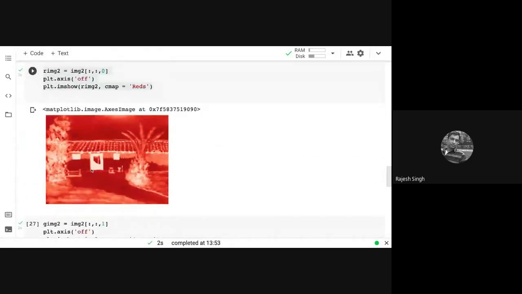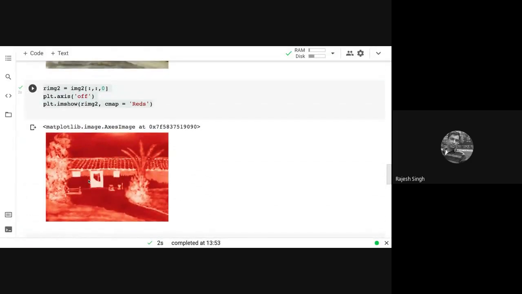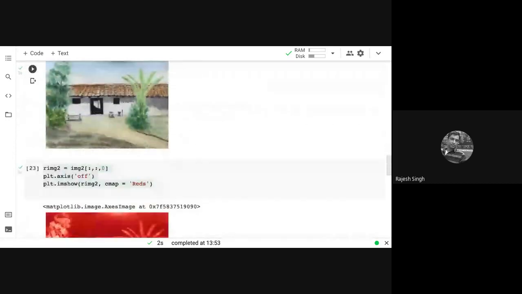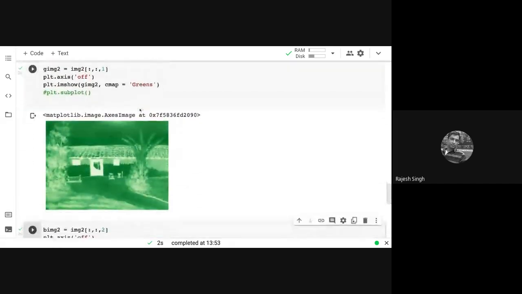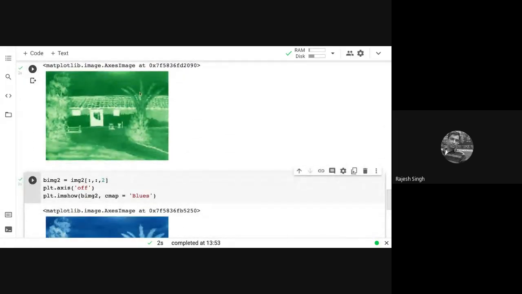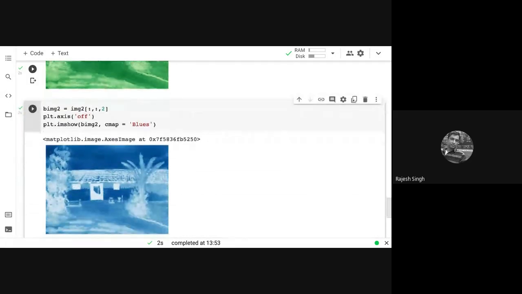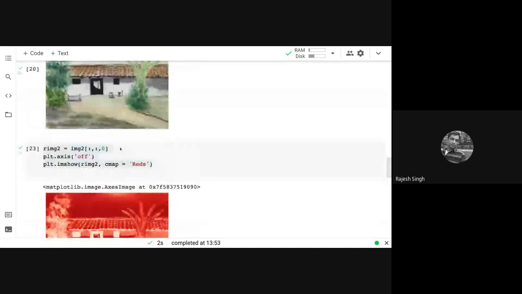And wherever the RGB value is low, you can easily guess. For example, the green component has a maxima in these trees. So you can see those maxima appearing here. And the blue component has a maxima in the sky, top portion.